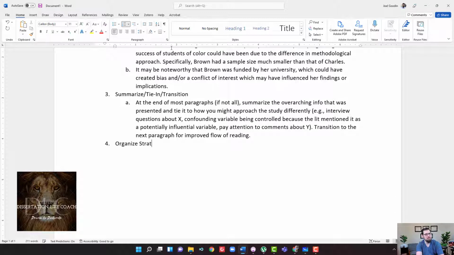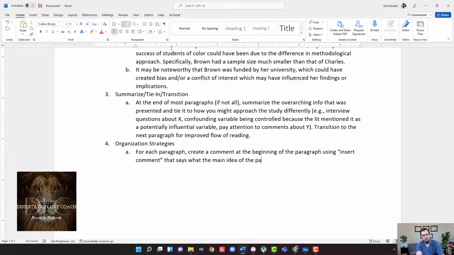Organization strategy. For each paragraph, create a comment at the beginning of the paragraph using insert comment that says what the main idea of the paragraph is to be.